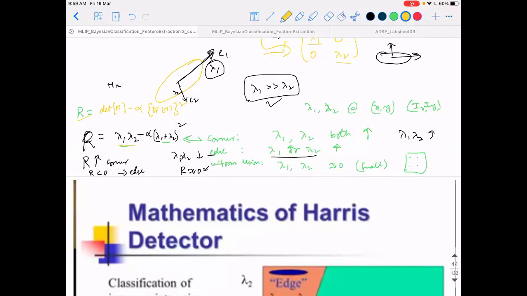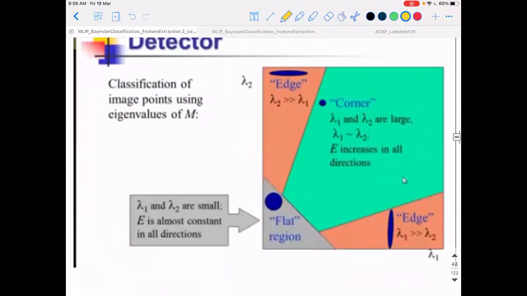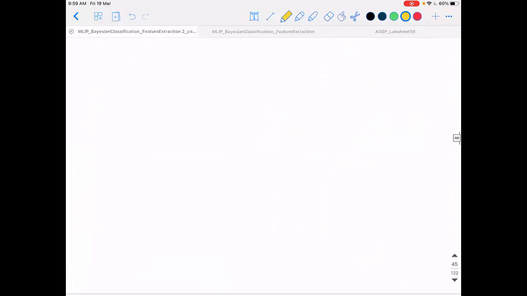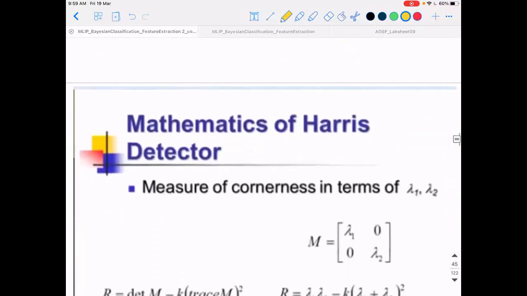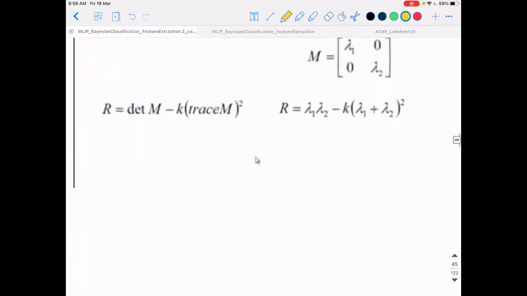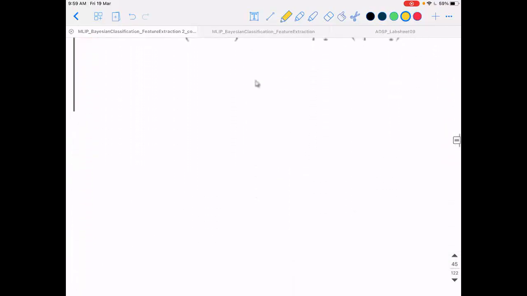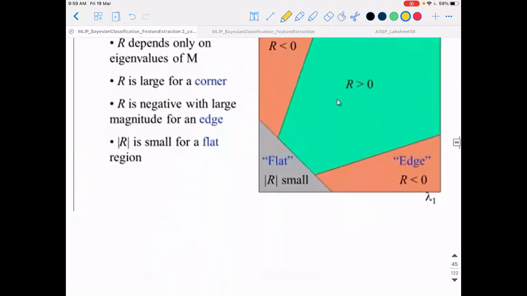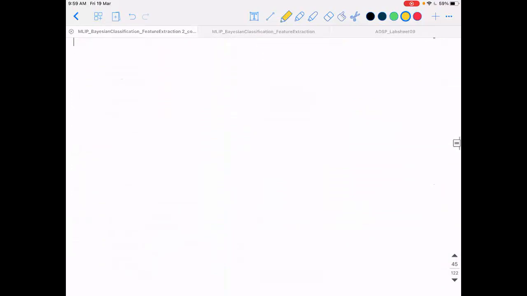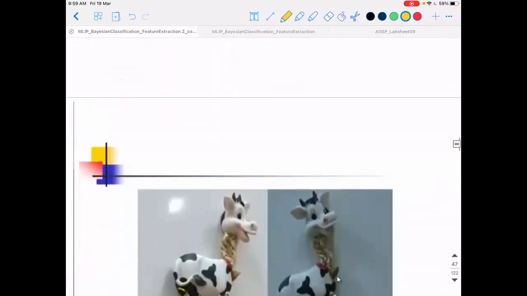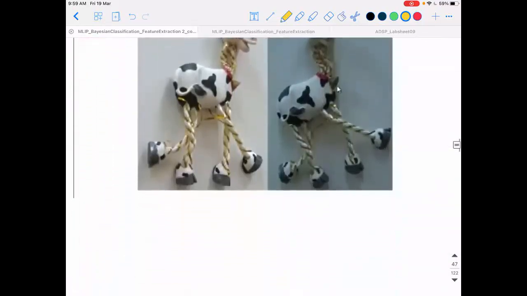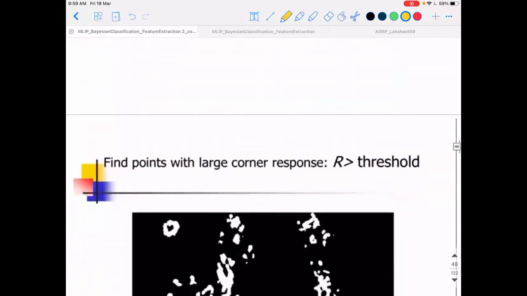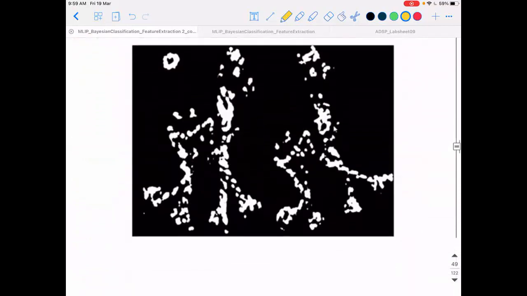That's the great elegance the Harris detector has brought in, and it is quite famous. This is one of the best methods in computer vision. Anyway, we will stop here and continue in probably tomorrow's class. We will wind up the discussion on feature extraction, then move on to dimensionality reduction techniques like PCA, and subsequently take up neural networks.